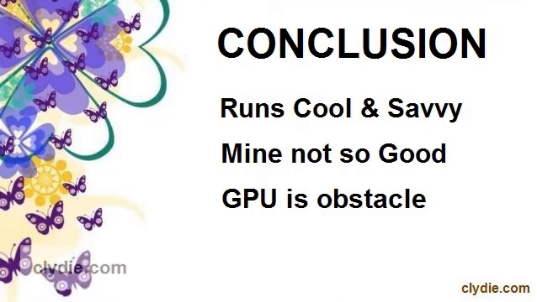This is the conclusion. K10 state can tweak Cool'n'Quiet to make the APU run cooler and save more power. Second, my chip is not so good because others have better result. Last but not least, the GPU is the main obstacle to save more power. For example, at 500 MHz, the CPU only draw 4.41 watt, whereas the GPU draw 7.56 watt.